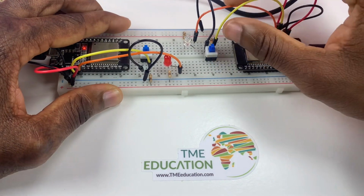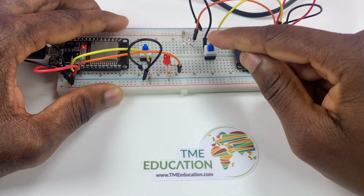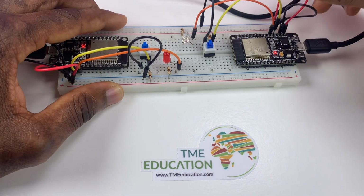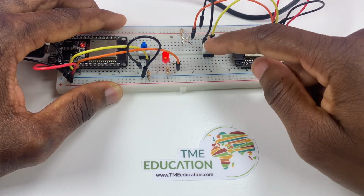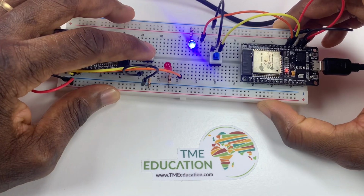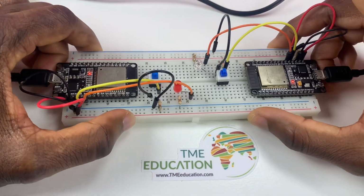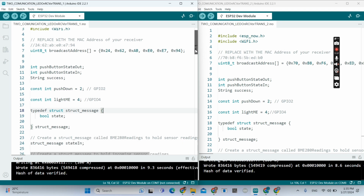I think we have a problem here. So the code is the same as in the previous video. That's the MAC address of this board. Now let me show you the code. It's the same code, guys. You just need to add the delay